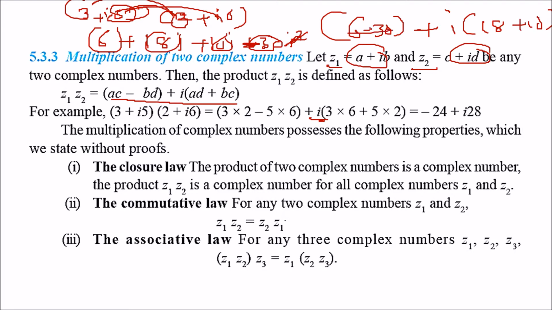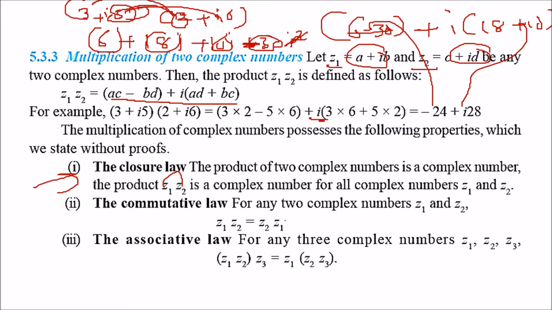What are you going to get? This is minus 24, and this is your 28. There are certain properties with respect to multiplication. The first one is the closure law. Closure law means when you multiply z1 with z2, two complex numbers, you are going to get